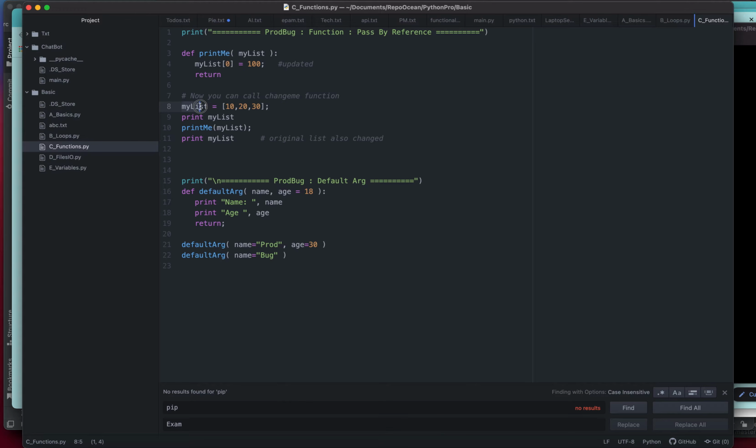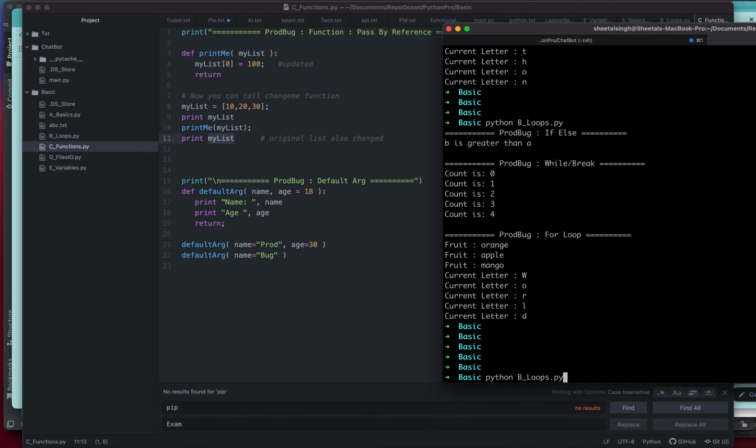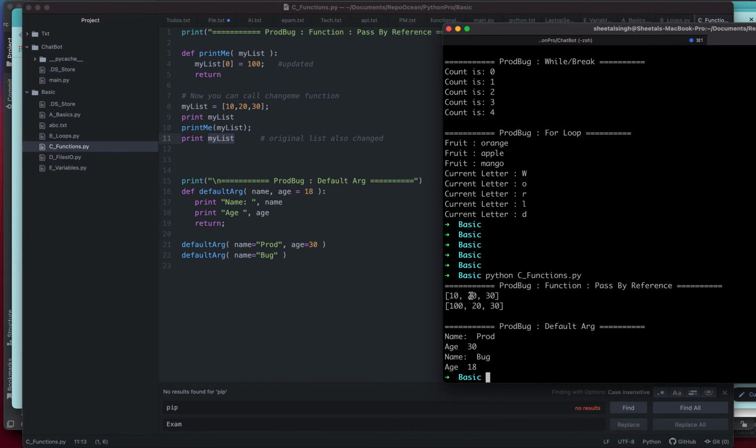Now I'm calling this function. So I have created a list here, my list 10 20 30, and print my list. I'm printing the list 10 20 30, so 10 20 30 will be printed here. After that, I'm calling this function, I'm passing my list, so 10 20 30 will be passed here, 10 will be replaced by 100, and I'm returning the modified list, and again I'm printing my list. So see what will happen now. This is the function output: 10 20 30 and 100 20 30. So you can see that,